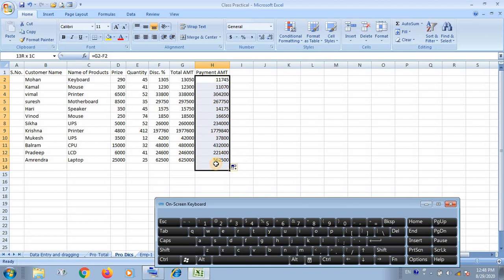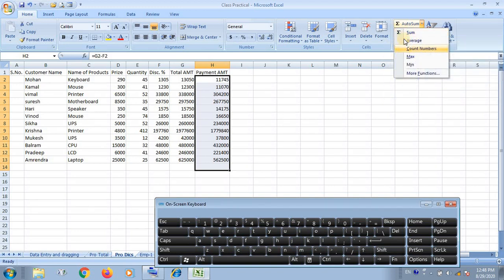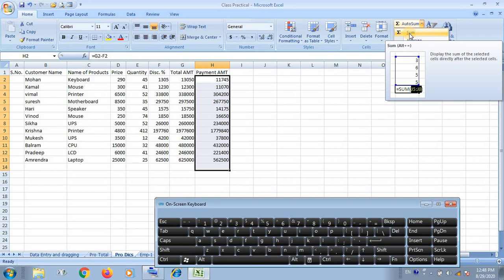And if you want to total this particular payment amount, you have to go to the sigma option. You are looking here, sigma sum, this is auto sum. The shortcut is also sum. In brackets there is the keyboard shortcut option Alt plus equals to sign.